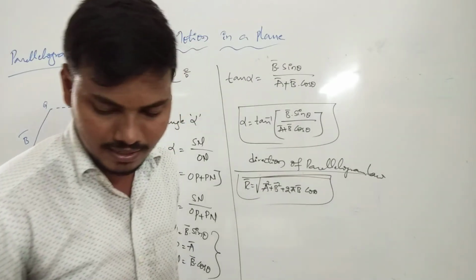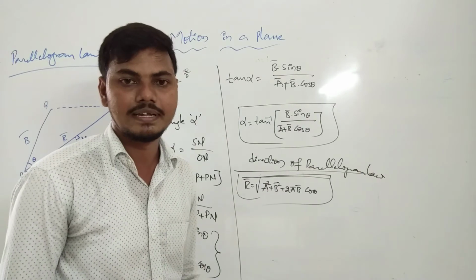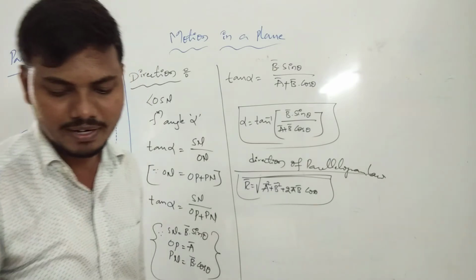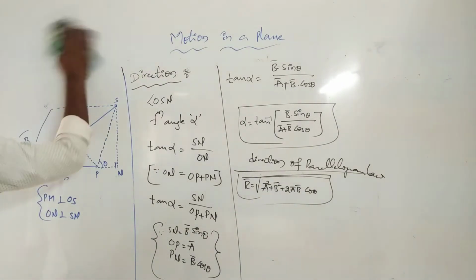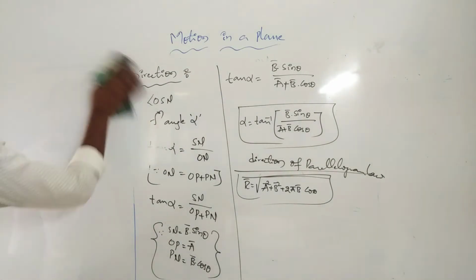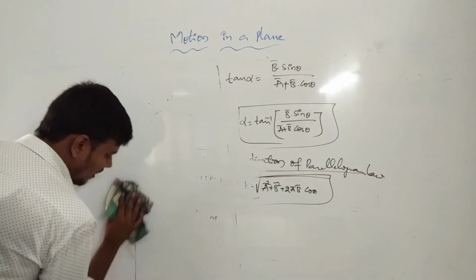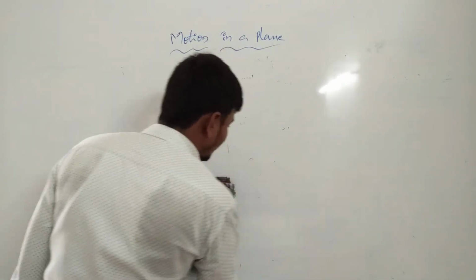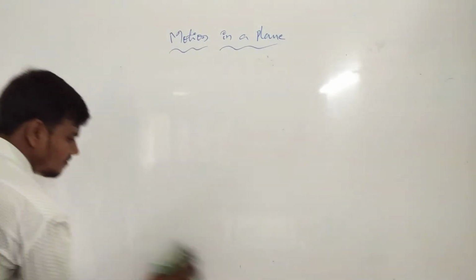Clear? Okay, now next we are going to the differentiation function of motion in a plane, our chapter. Some coordinates will be introduced. Now what coordinates are we introducing? We are going to study motion in a plane, side heading motion in a plane. What is the purpose of introducing motion in a plane? We are going to motion in a plane of side heading.